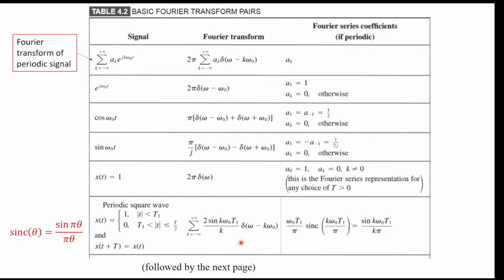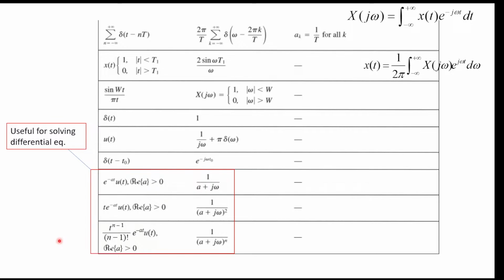So we have a periodic square wave. Sorry, this is a periodic one. But basically, a square wave will Fourier transform to the sinc function. That's sine theta over theta. Okay, and